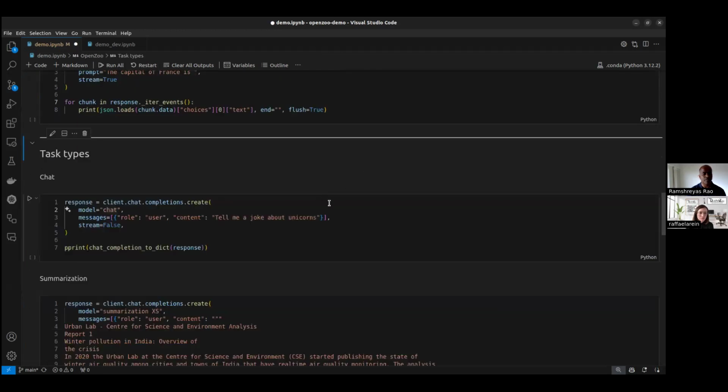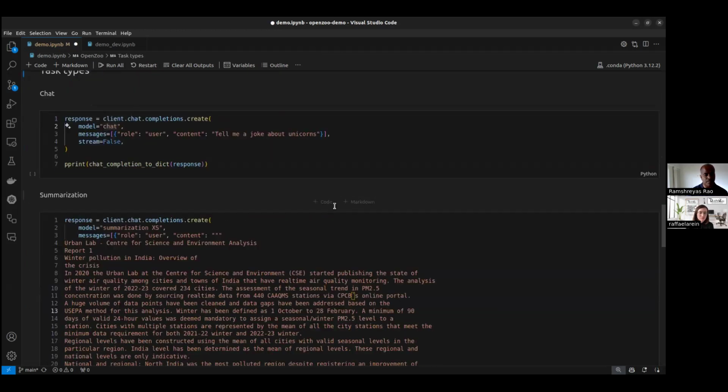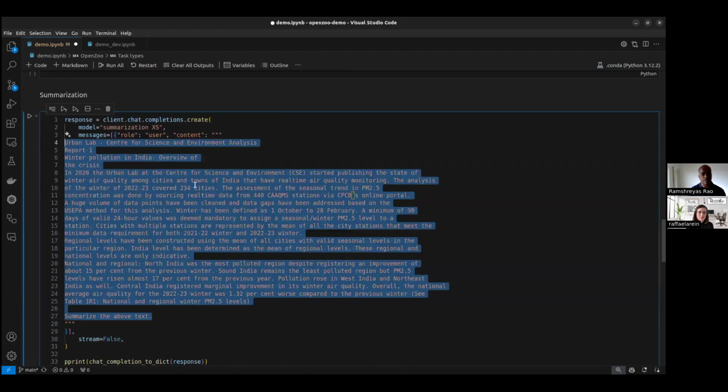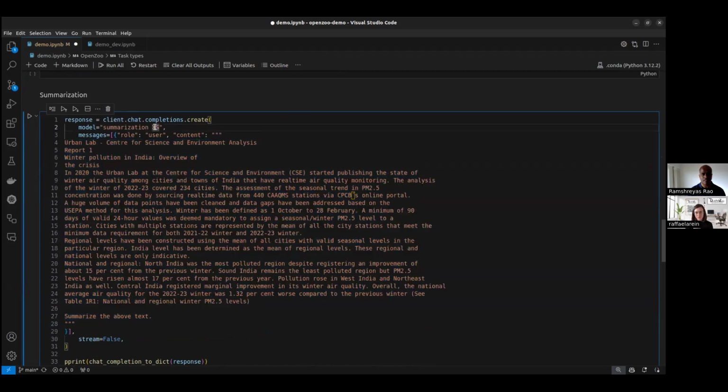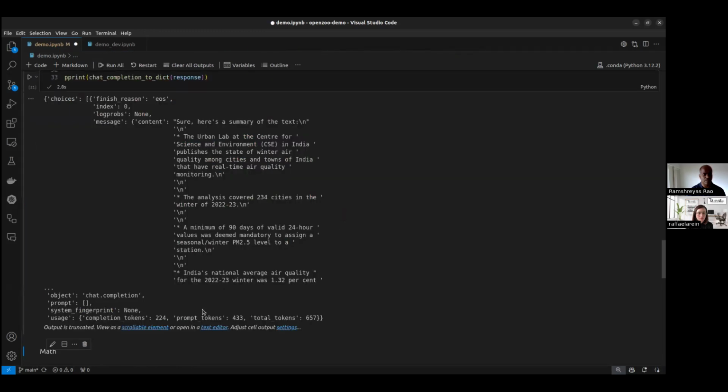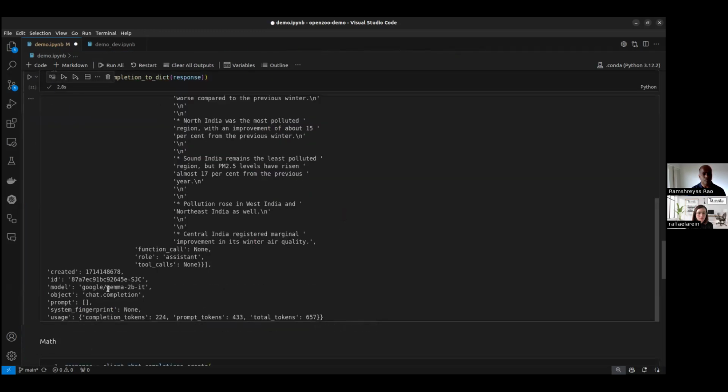As far as task types are concerned, we already saw the chat use case. Summarization is a common use case. So maybe you have a small piece of text you want summarized, and let's say this is not a cognitively complex task, so you can just use an extra small model and save some budget on doing these summarizations. OpenZoo will then run this inference on Google's Llama 2 billion parameter model and save you a lot of costs